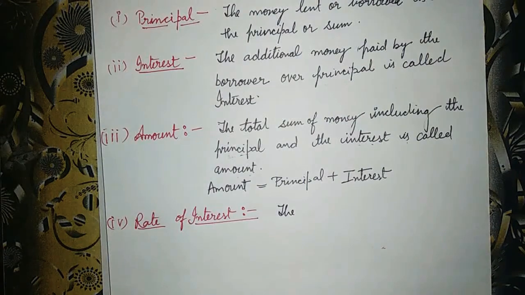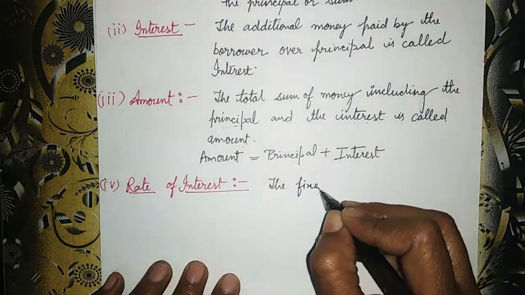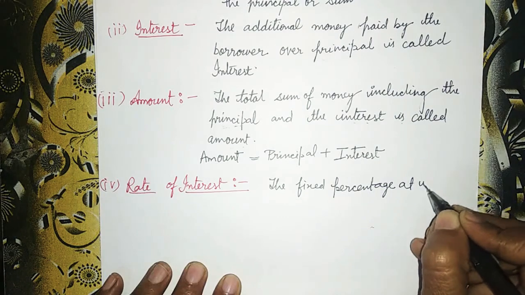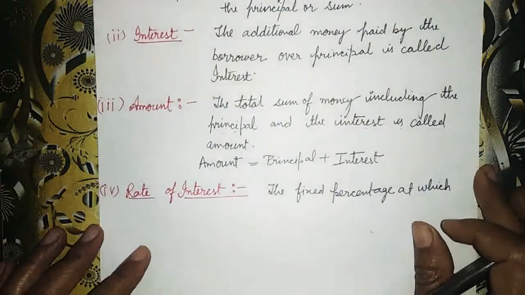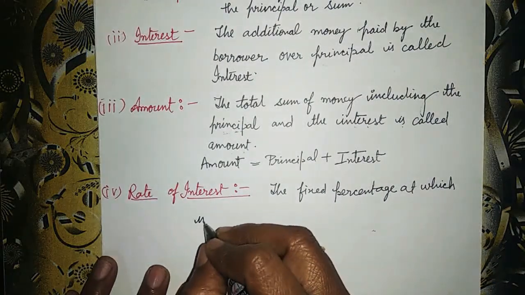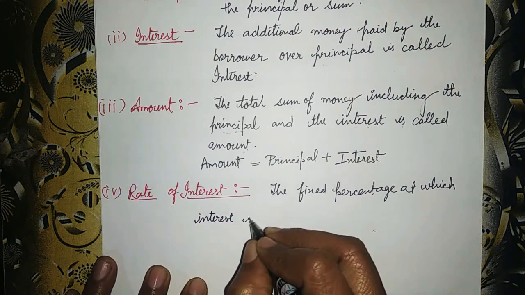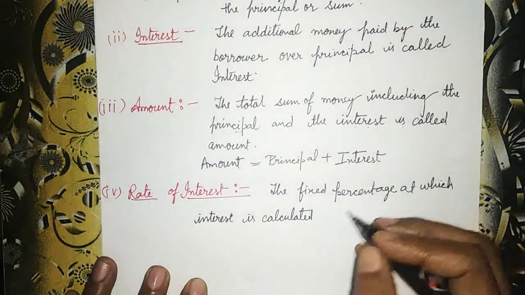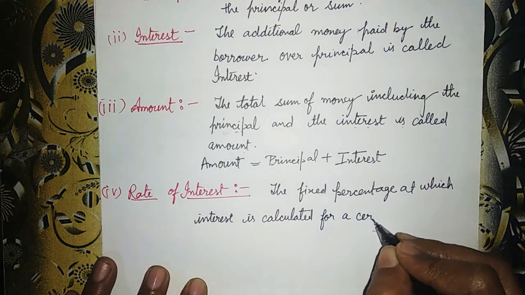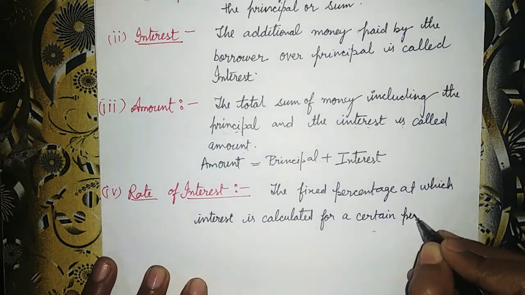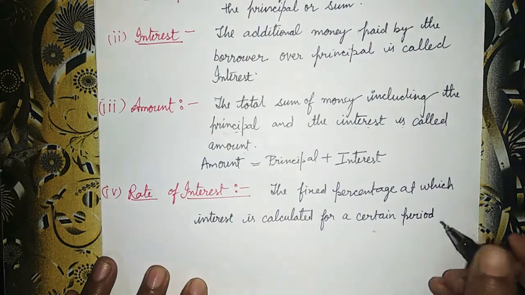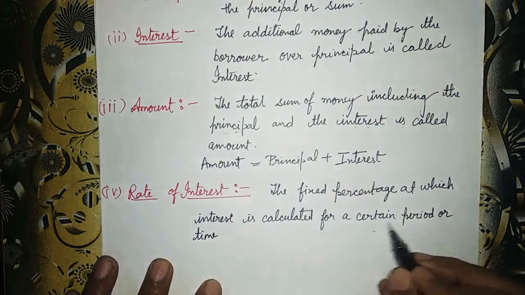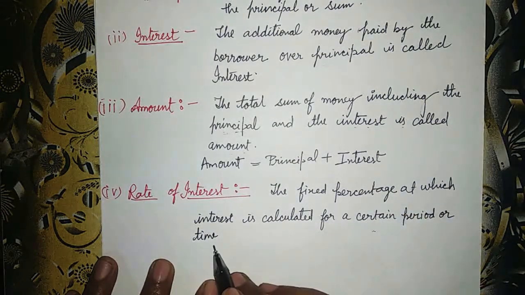The fixed percentage at which interest is calculated for a certain period. Certain period means fixed time. Okay, for a certain period or time. Friends, certain means fixed. Okay, certain period or time,